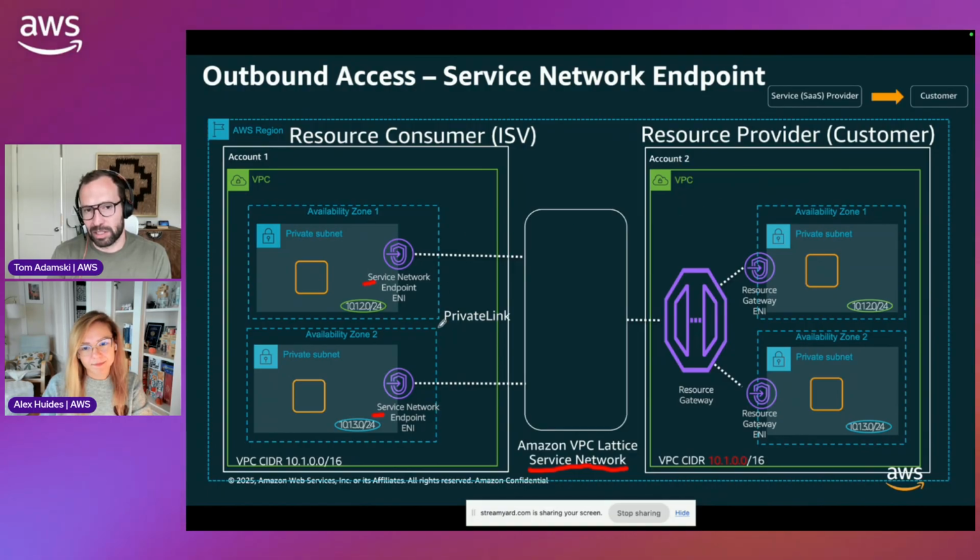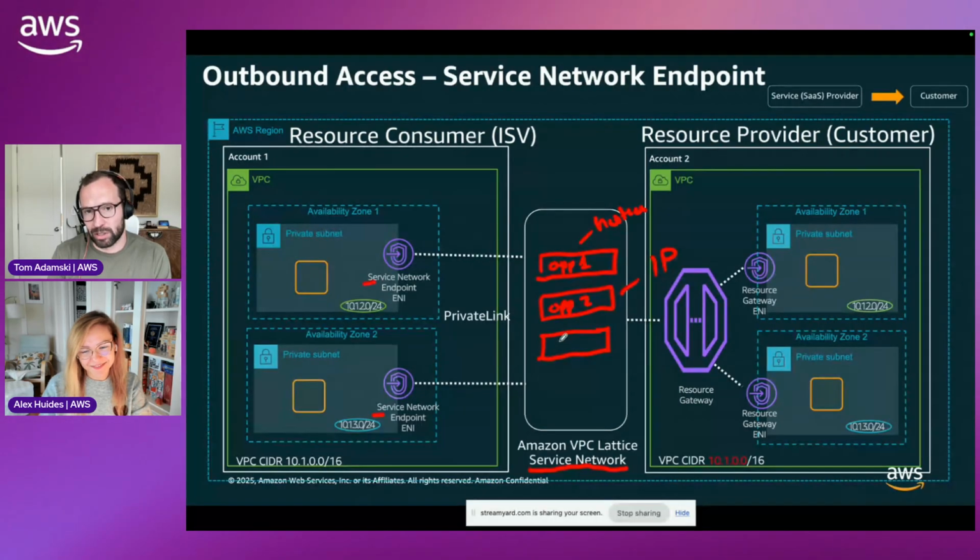Once this kind of end-to-end infrastructure is built, as the provider, I can just keep adding the applications that I want to share. App one, maybe this is a host name that I'm sharing. App two is an IP address that I'm sharing, and I can mix those now. So I can throw anything I want into the service network as a container of things that I want to expose to the ISV, and all of them will work. So this next one could be just an ARN. So this could be an actual RDS database,